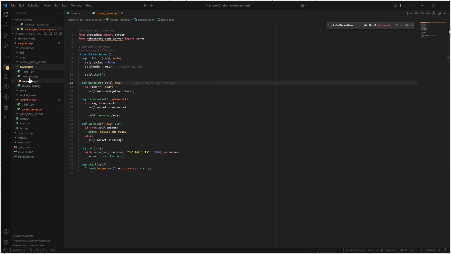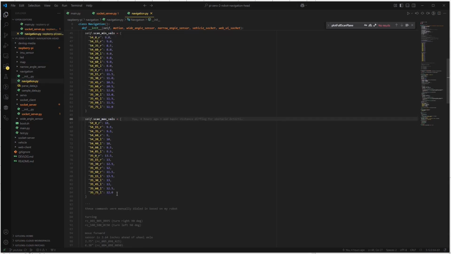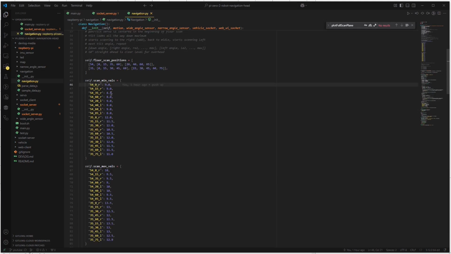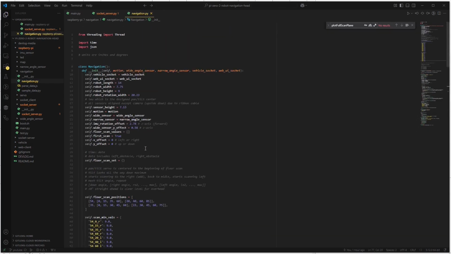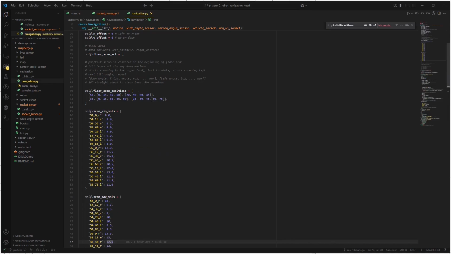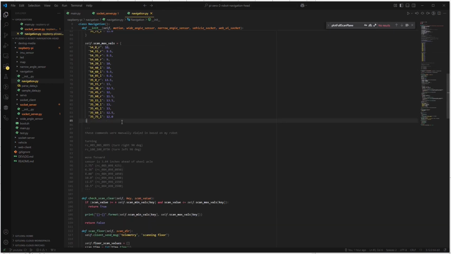So if you look at the navigation file, I had to set the min-max values. When it scans the floor, it checks if the sensor depth that's measured is above or at this minimum value and below or at this max value. It took me a bit to manually set those because I did those averages before, but then I'd run them on the floor, and that's the annoying thing about these sensors. They're cheap, so you have to have a huge margin of error. These are whole inches. But anyway,